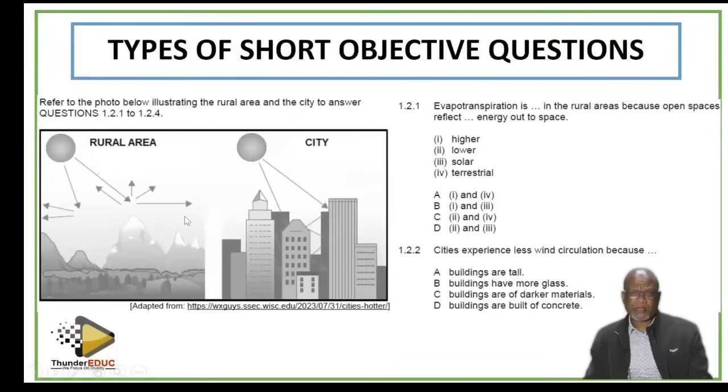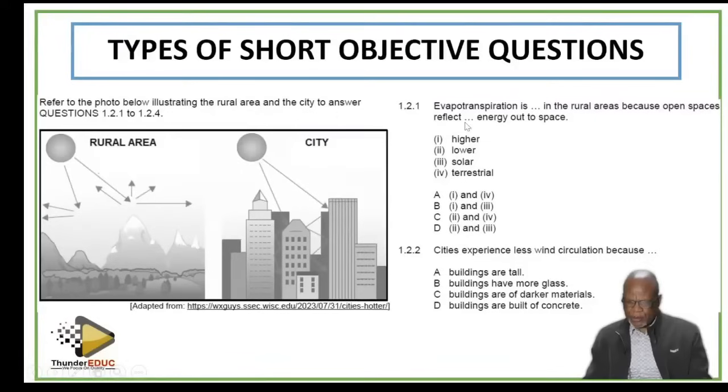Okay, now let's go to the next short objective question. This is the Urban Heat Island. These are the questions on the Urban Heat Island. It says here, evapotranspiration is dash in the rural area because open spaces reflect dash energy out to space. So it means now